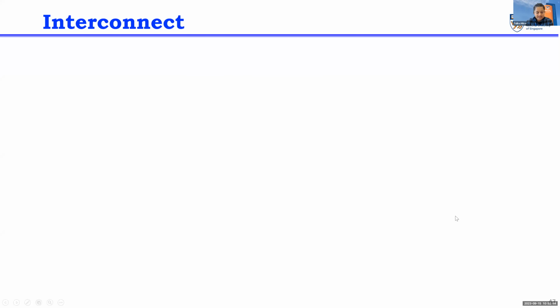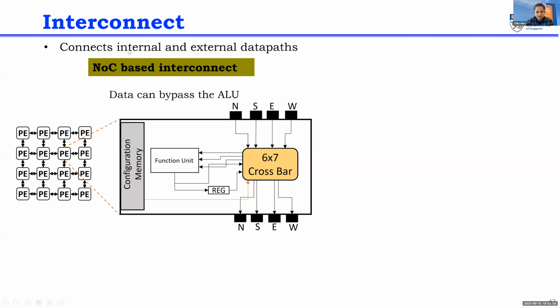Next component is the interconnect. Interconnect is responsible for connecting the internal and external data path. The majority of CGRA designs have NoC-based interconnect. In this type of interconnect, the data can either bypass the ALU and go through the router without going through the ALU. So a PE with this type of interconnect can act as a router-only